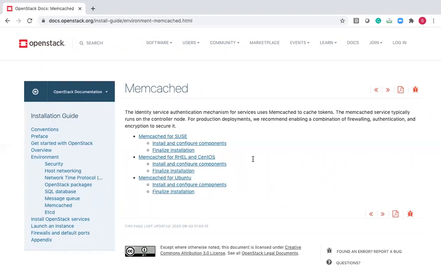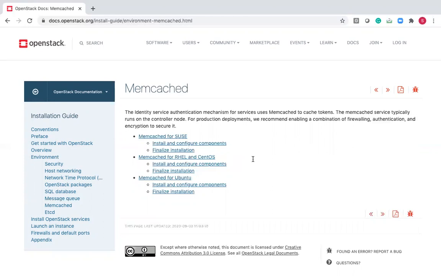Okay, why can it not be stored in the database? Because these tokens will be generated continuously and these tokens should expire after 24 hours. So it is hard to interact with the database, which will create a lot of load on the MySQL database server. So that's the reason they have used a different component to store the tokens. That is nothing but memcache.